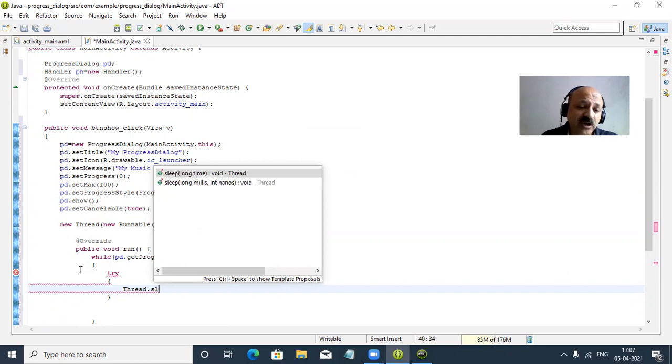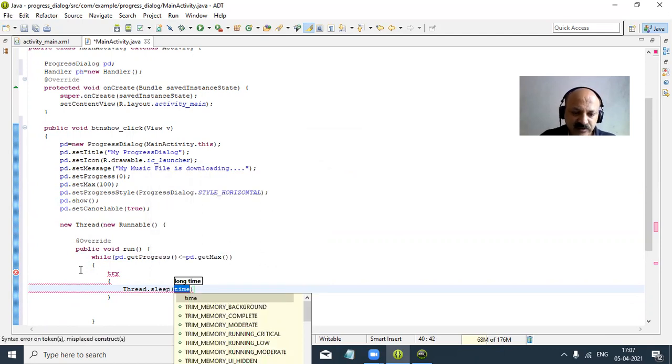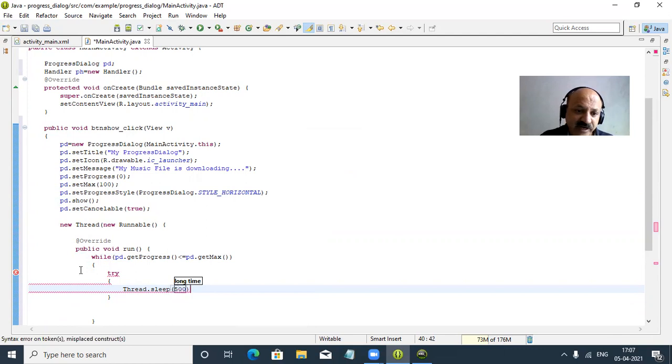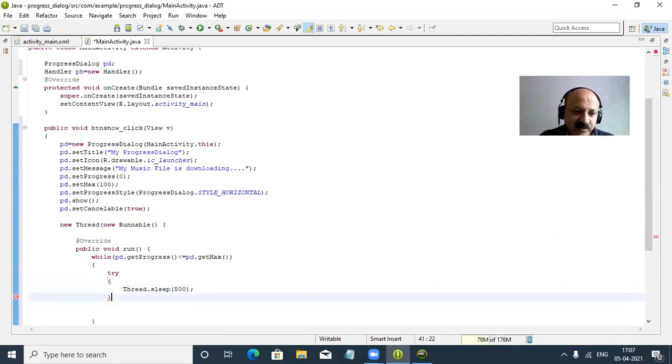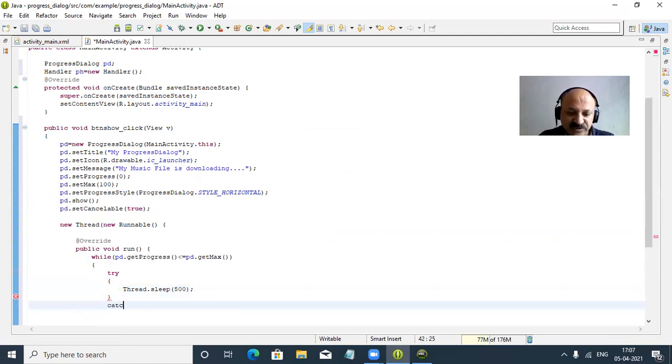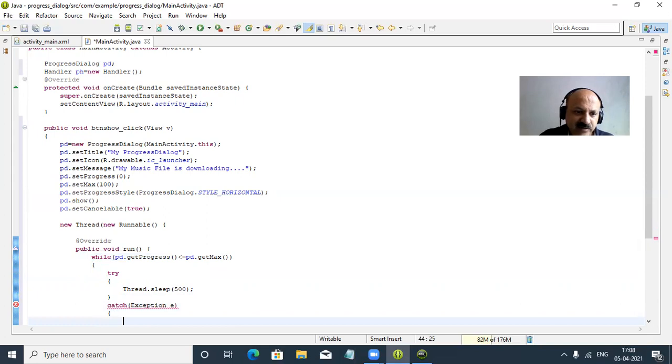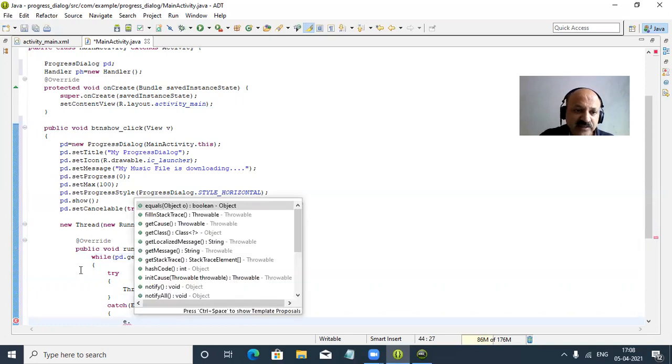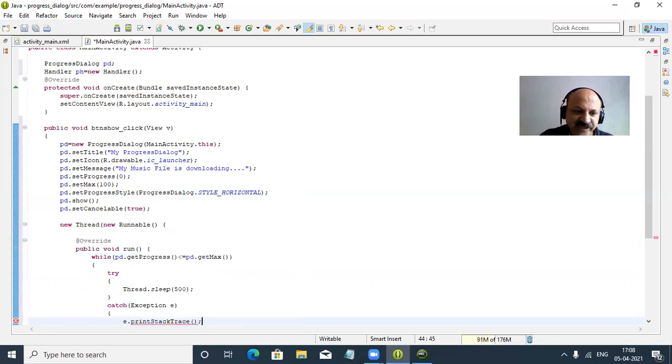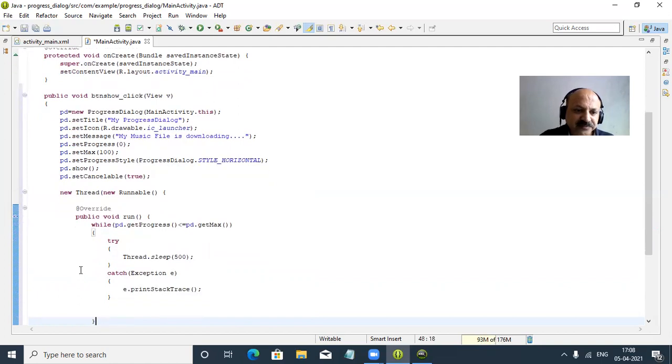In the progress dialog box I used SystemClock.sleep, but here I use Thread.sleep and pass 500. Then your catch block must come after try, and we pass the exception e, then e.printStackTrace, so any error gets printed.